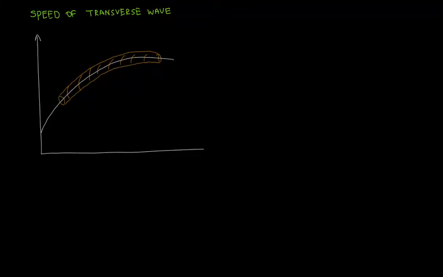One of the key properties of any wave is the wave speed. The speed of a transverse wave on a string is determined by the tension in the string, let's call it force of tension, and the mass per unit length, known as linear mass density, which equals mass